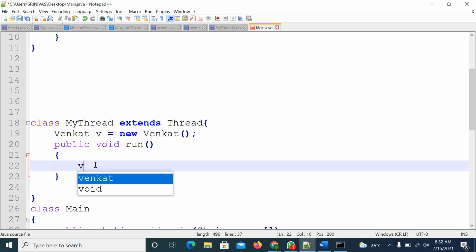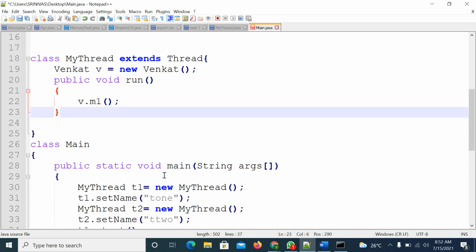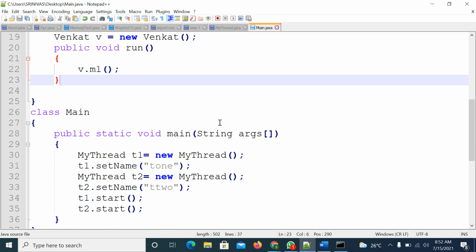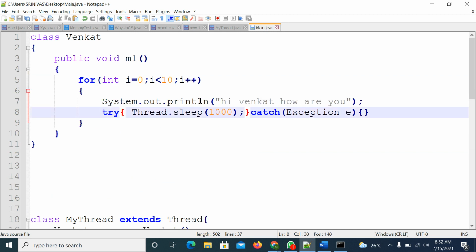On top of this object, I want to call the M1 method. If I call the M1 method, what will happen? Observe the output. While printing, I am also printing which thread is executing.